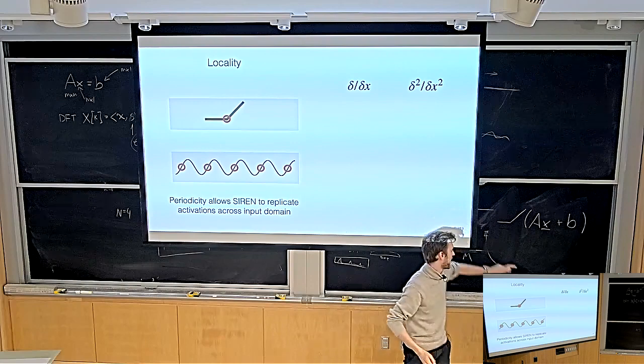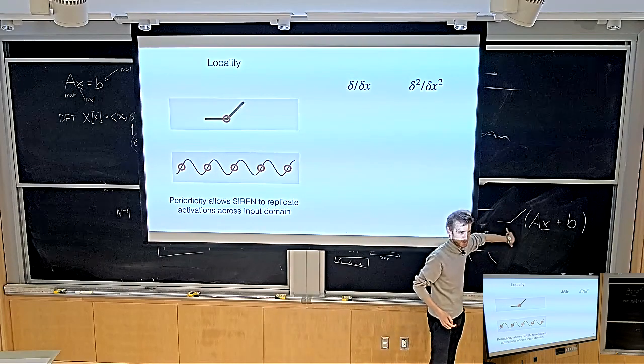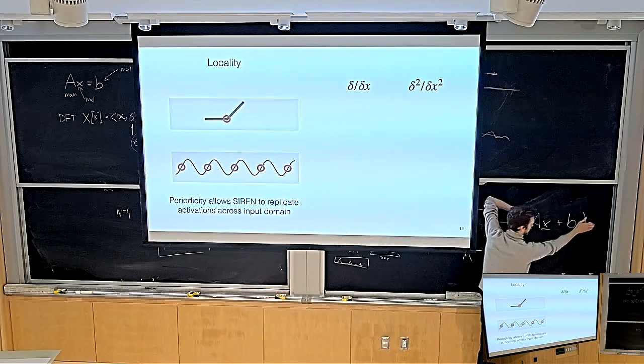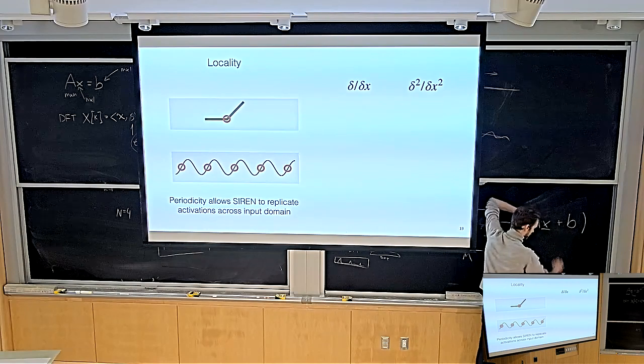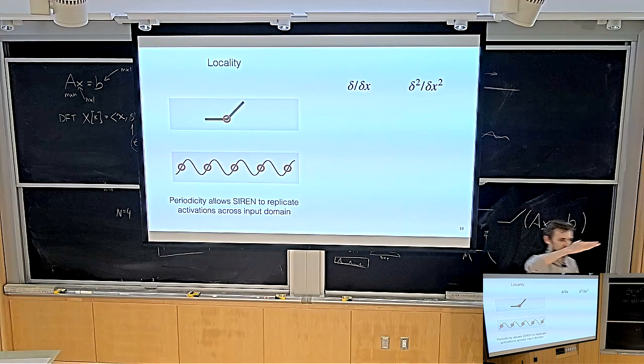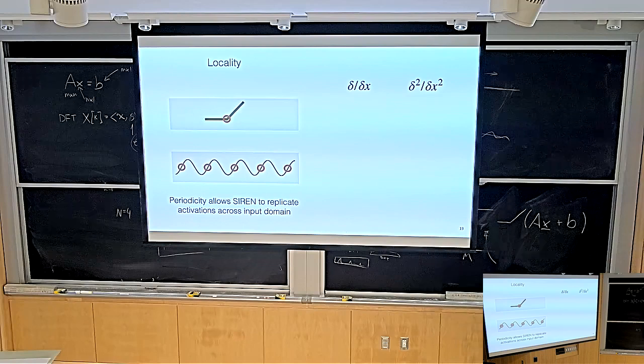And then you have the ReLU activation function on top of it. If this is a 3D coordinate, each row of this matrix actually defines one plane, because it's a dot product which defines the direction, and the bias tells you how far away it is from the origin. So each row of Ax plus b gives you one plane in the input coordinate space.